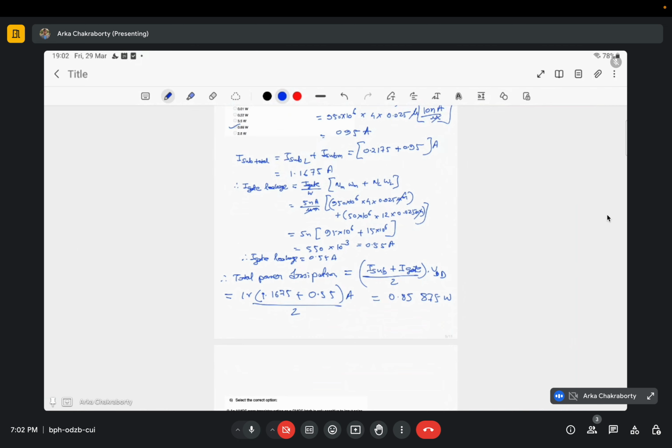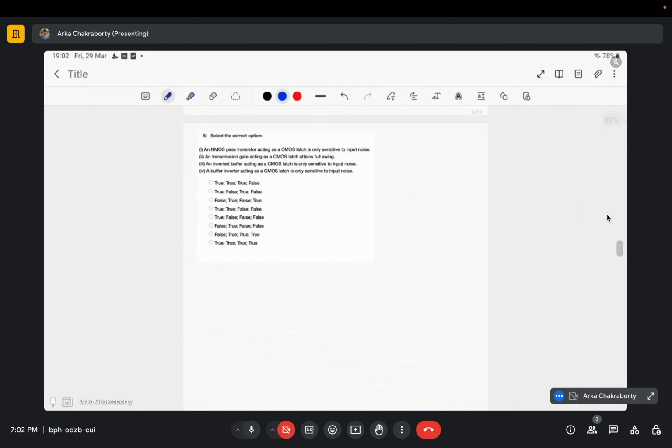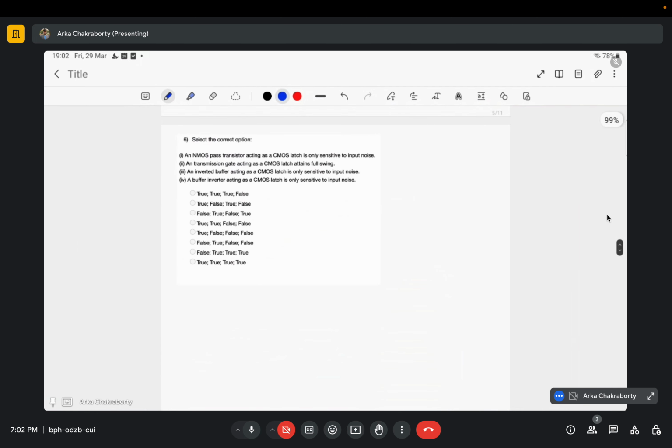Okay, so let's move to the next question, question number 6. Some statements have been given and we are asked to identify whether they are correct or wrong, true or false. The first statement is: an NMOS pass transistor acting as a CMOS latch is only sensitive to input noise. So let us draw the